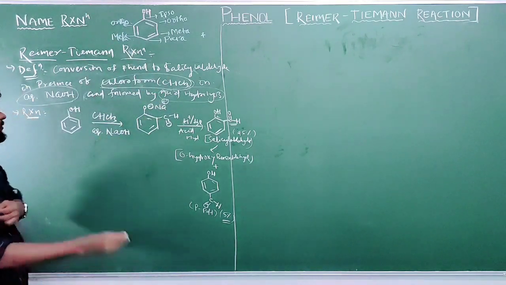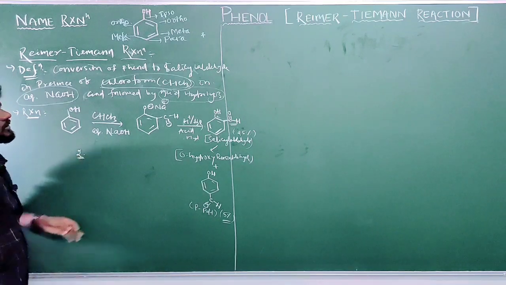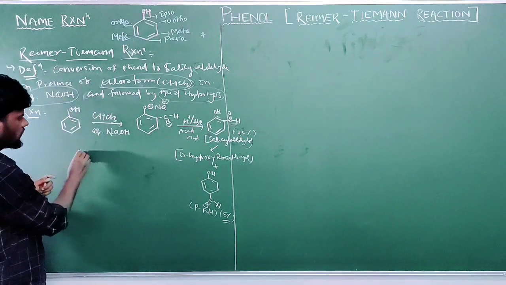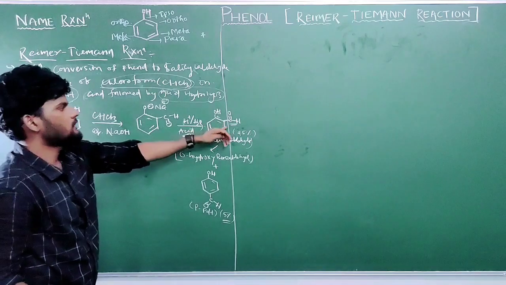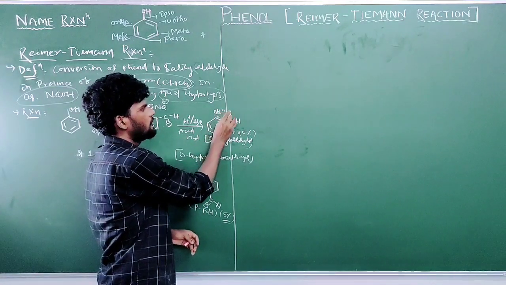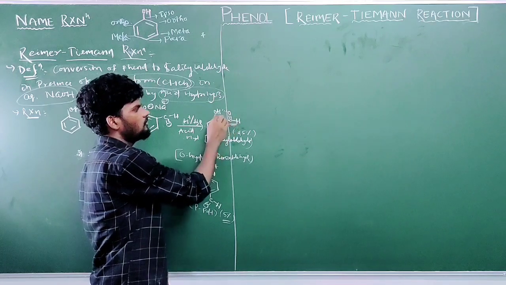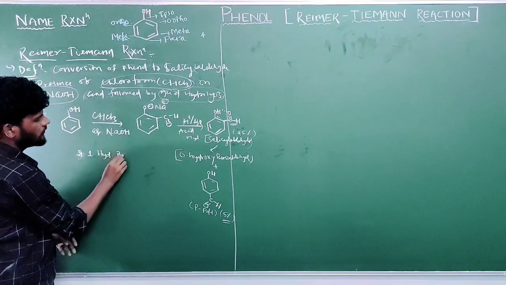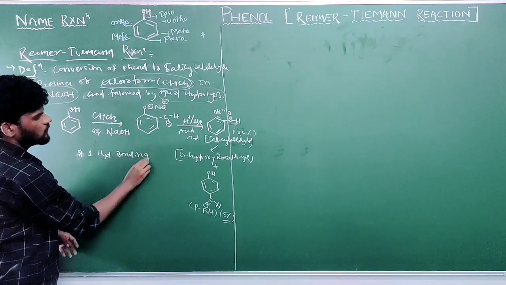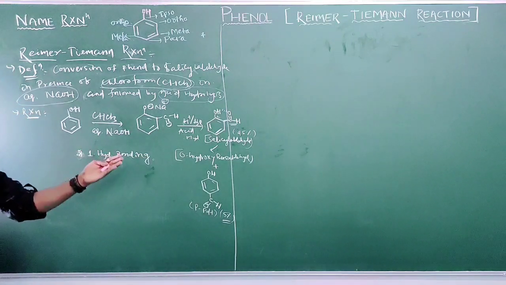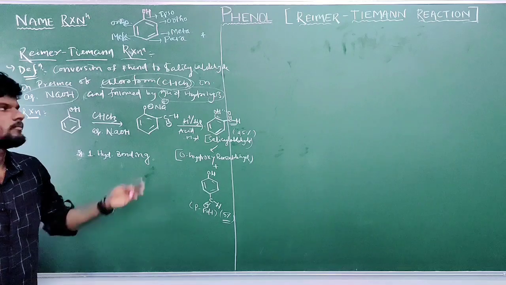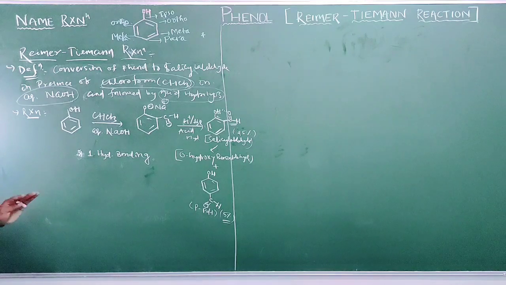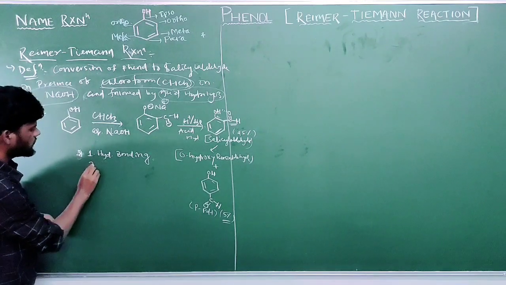There are basically two reasons which contribute towards the stability or high yield of ortho product. First reason: you can see here intramolecular hydrogen bonding between the oxygen of the aldehyde group and the hydrogen of phenol. Because of this hydrogen bonding, ortho product forms in major amount. If in exam it is asked which product is the major product formed in the Reimer-Tiemann reaction, you should write orthohydroxybenzaldehyde, not parahydroxybenzaldehyde. So the first reason is hydrogen bonding.